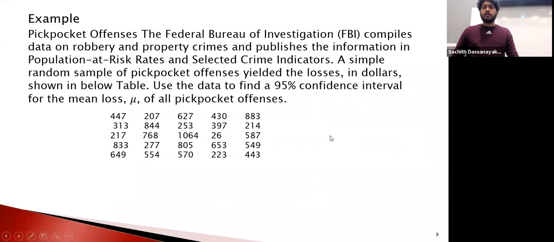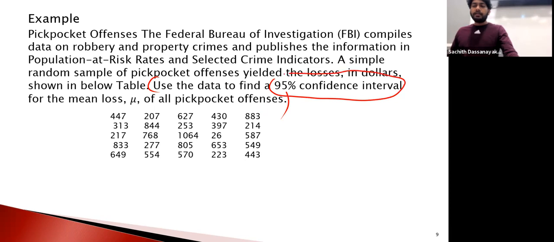Any questions before I do this example? They have done it, I'm just going to explain it. Whatever this story is, I'm just going to skip it. I need this from here to here. The 95% confidence interval, 95% CI. So tell me, what is my alpha? 0.05. So what is my alpha over 2?